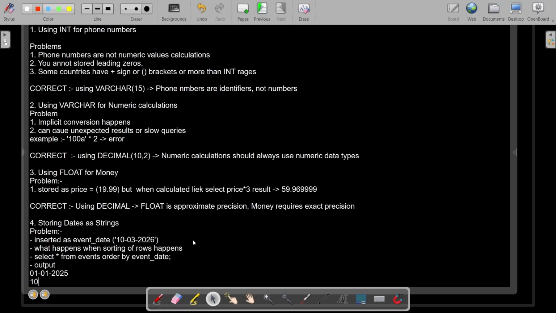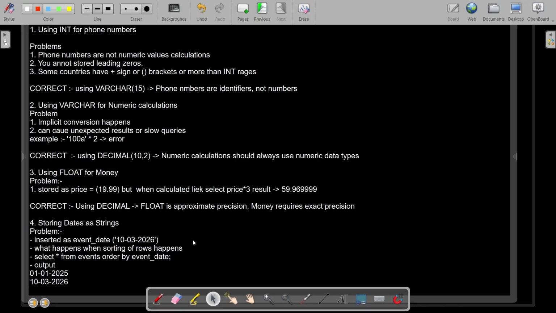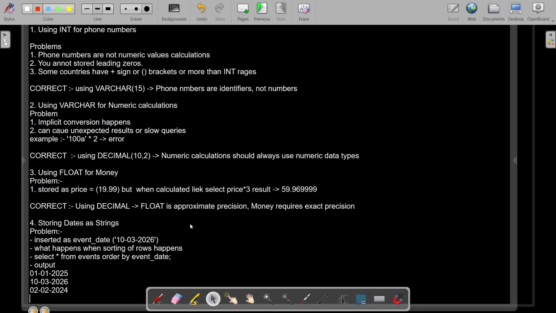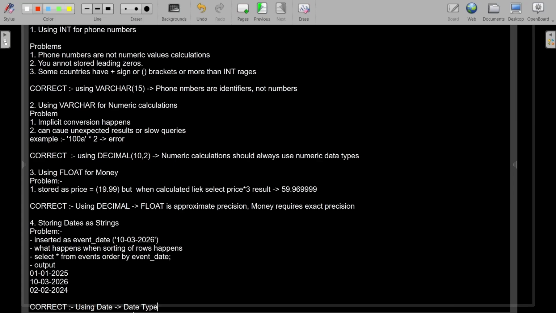Default sorting is in ascending order. Okay, 03/2026, 02 dash 02/2024. Look, this becomes the output. So the correction is using date. Because date types allow proper sorting, filtering, indexing. Now here, why this output came, because it's stored in string format, and what will happen in the background,